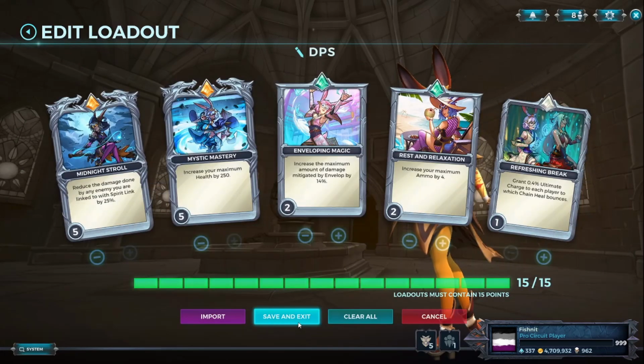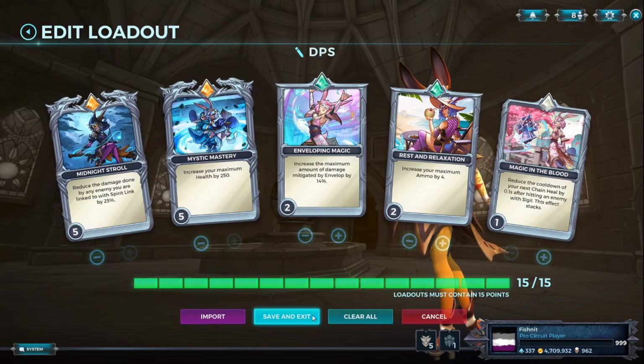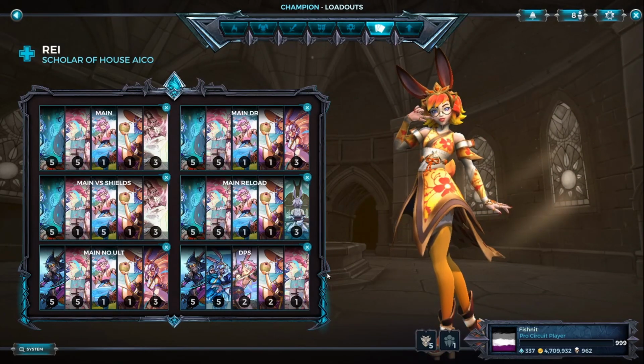So maybe it's this, and you just run the Alt Charge at level 1 to incentivize healing, or actually it's probably Magic in the Blood, just because you're going to be doing damage and you are going to be healing people, if only for your self-sustain. So if we were to organize this all nicely, I think this is pretty nicely organized. So just to run stuff down,